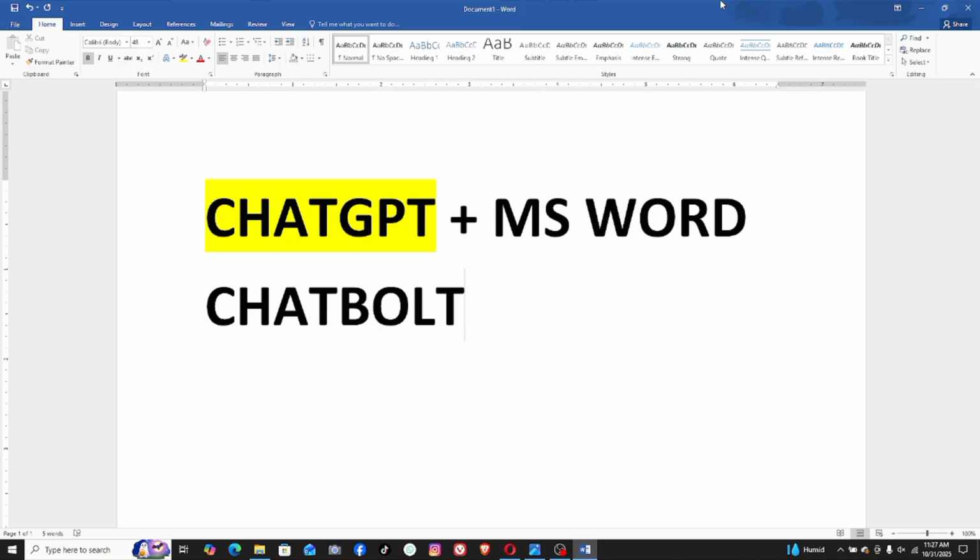All right. So now the first option that we are going to see, option number one, is that we need to use ChatGPT. I drop down this font here a little bit to make some changes. The first thing that we need to be doing here is that we need to use our ChatGPT